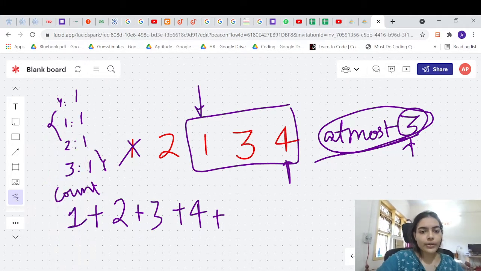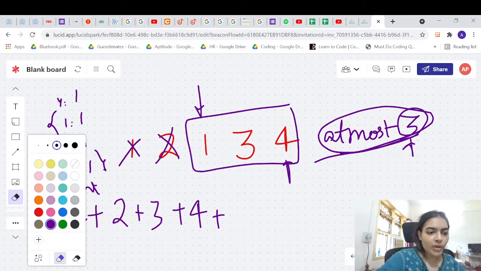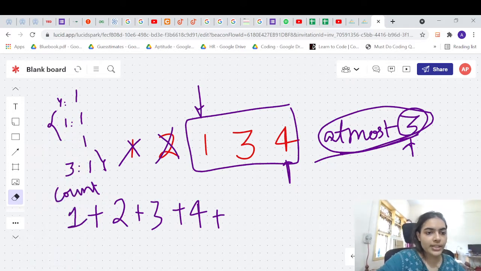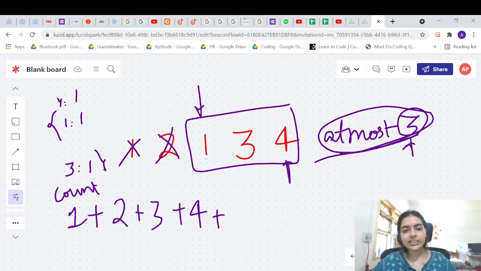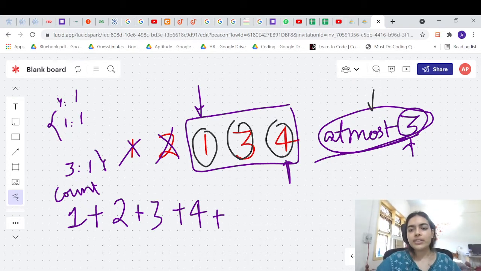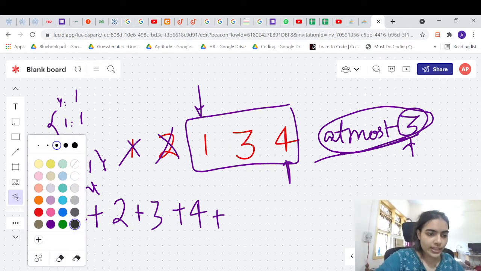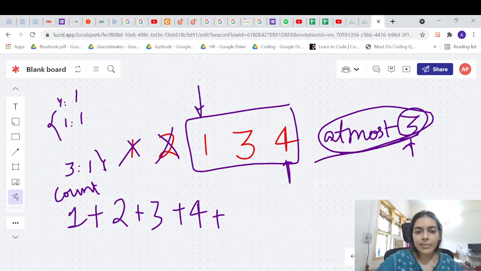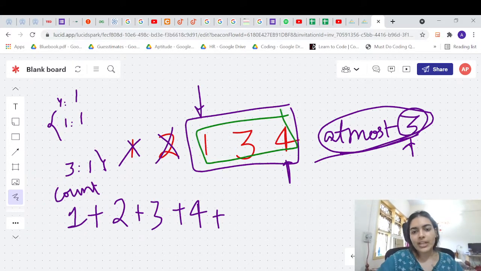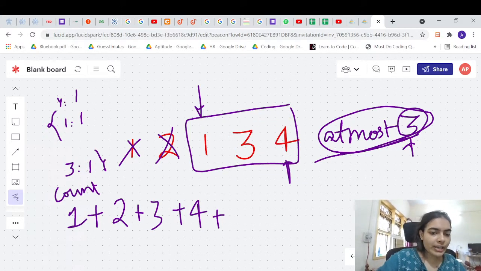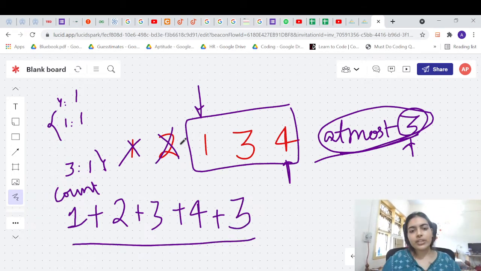This will become your subarray because you are moving this pointer. So now you have this subarray, you remove 2. Now when you remove 2, this will be your map. Now the size of the map is 3 only. You have 3 distinct integers. This is allowed, right? This is allowed because this is passing our condition with at most 3. So now how many new subarrays will you get? This subarray is allowed, this subarray is allowed, this subarray is allowed. So you will get these 3 new subarrays. So this is your total count.